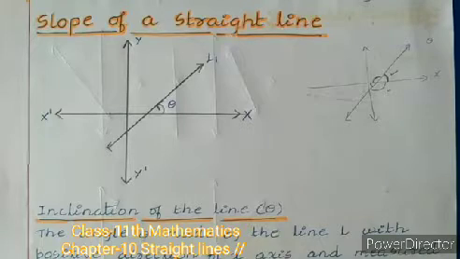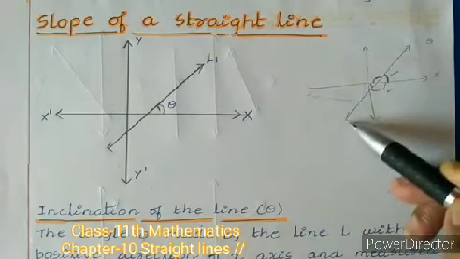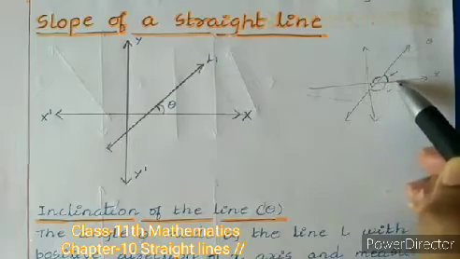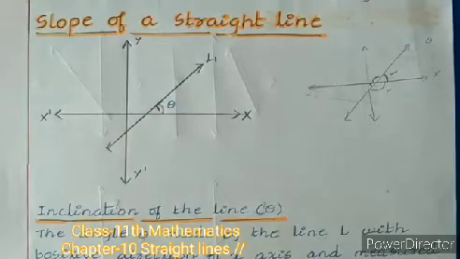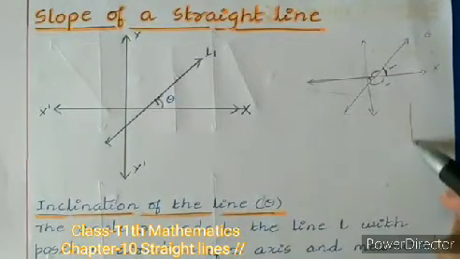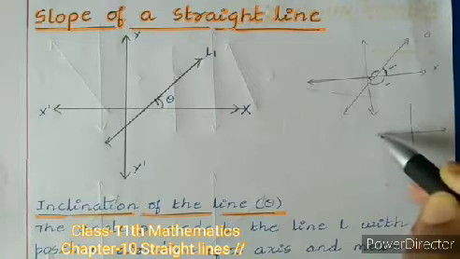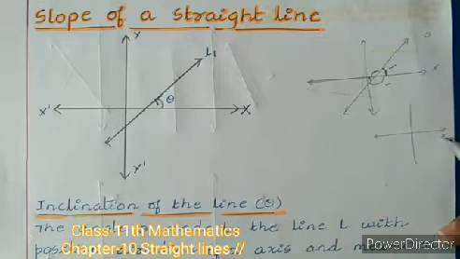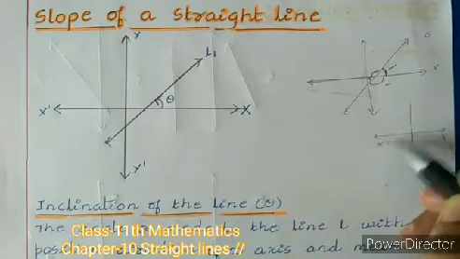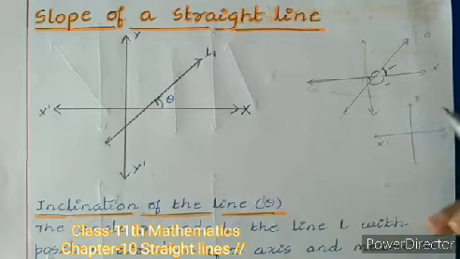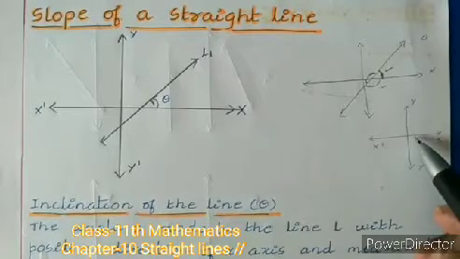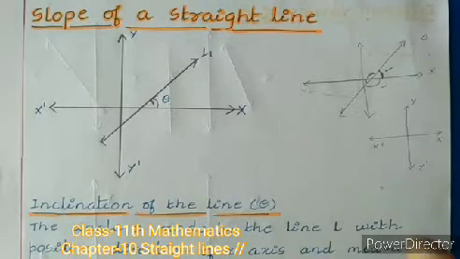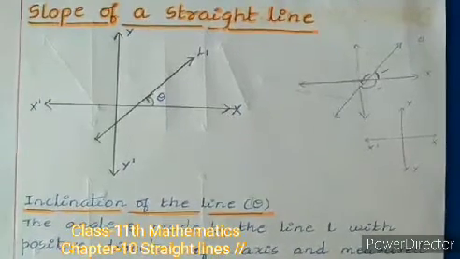Positive x-axis direction means, see here we have a line. Now this is known as a positive direction and this one is known as a negative direction. Generally, in the case of a Cartesian plane, we represent the coordinates this way. We write this one as positive x-axis, this one as negative x-axis, and this as positive y-axis and this as negative y-axis. This is the numerical representation. Now I am not talking about the numerical representation, I am talking just about the direction of the x-axis.